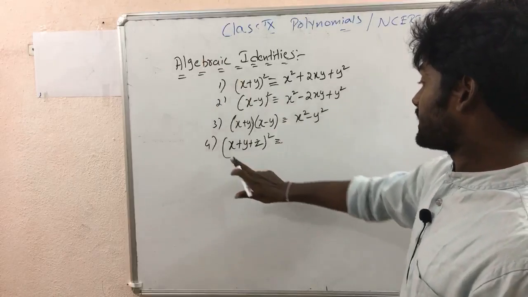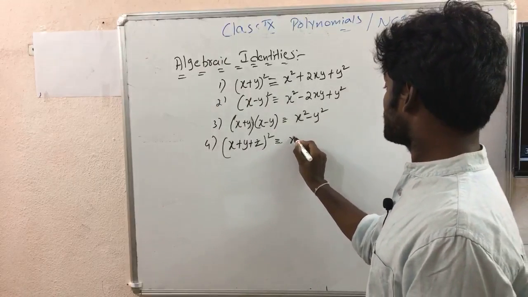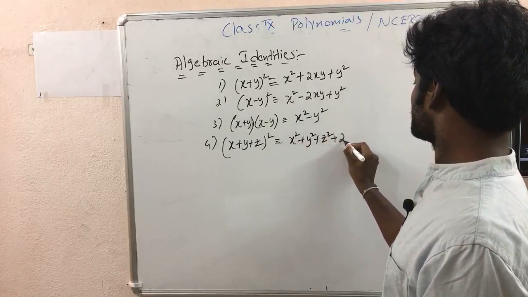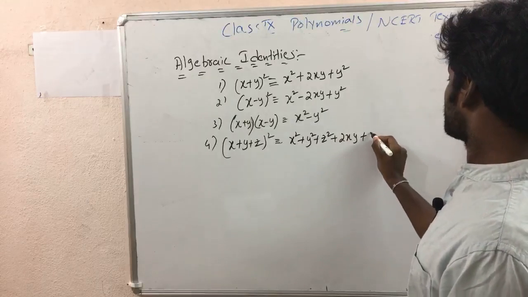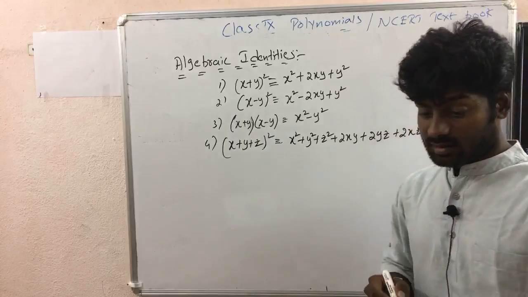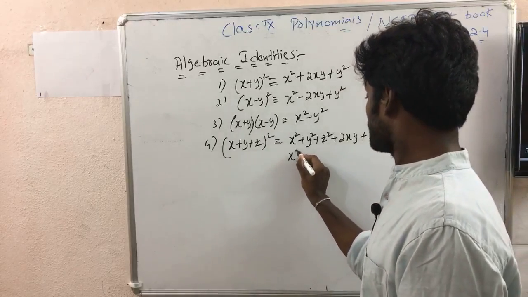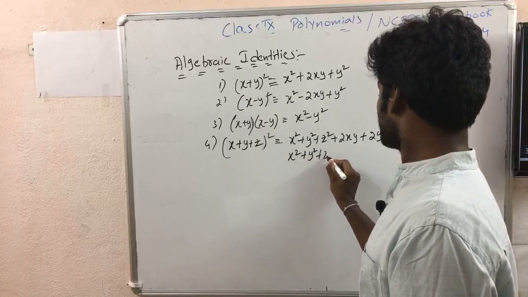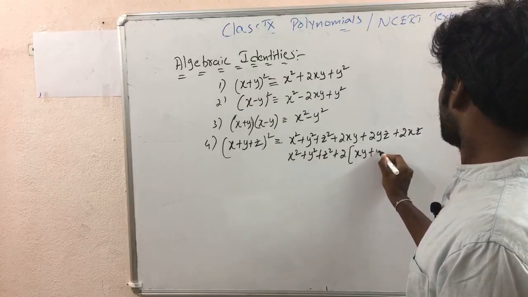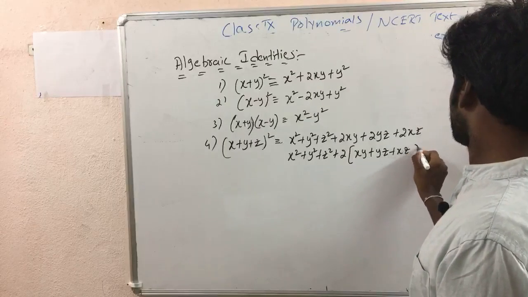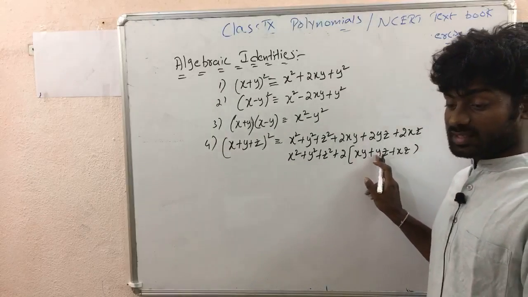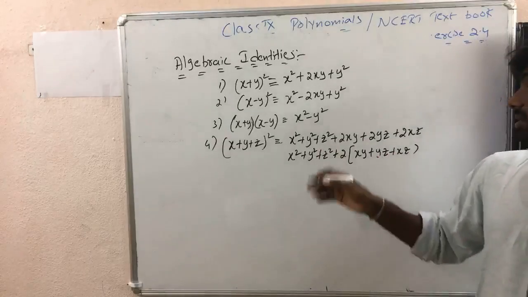Okay, see, x plus y plus z whole square means you will get x square plus y square plus z square plus 2xy plus 2yz plus 2xz. Even I can write this as x square plus y square plus z square plus 2 of xy plus yz plus xz, taking 2 as common. So after this